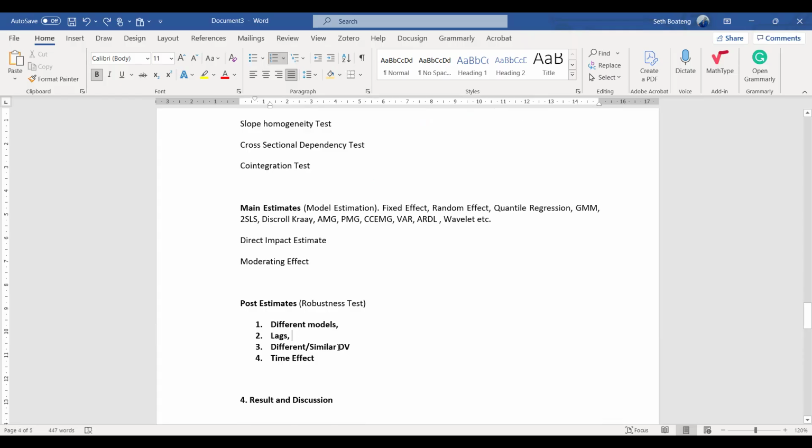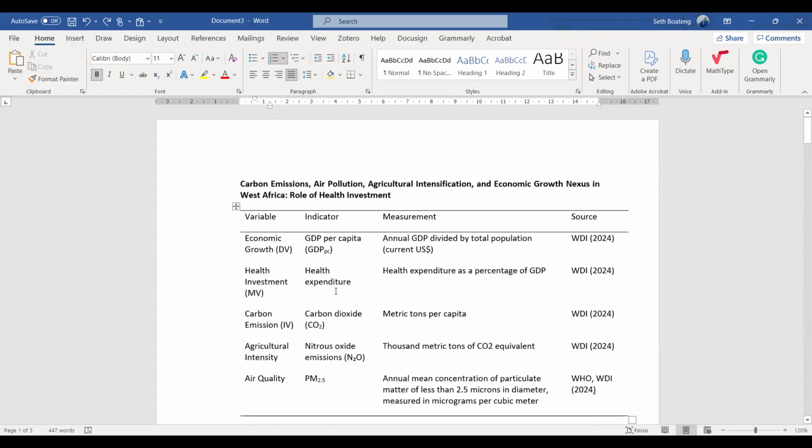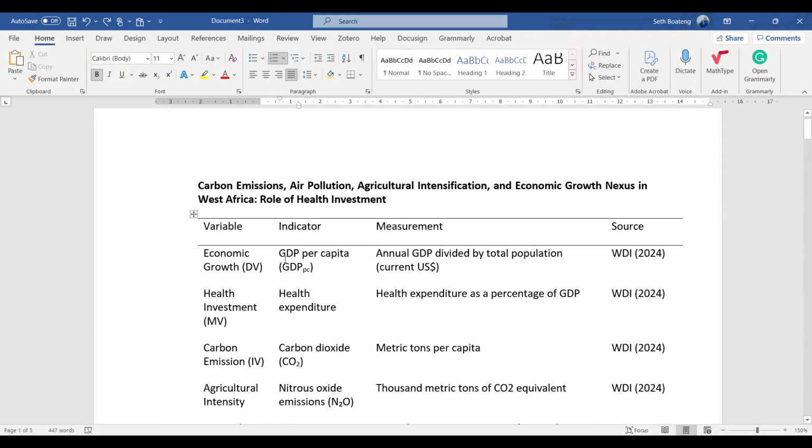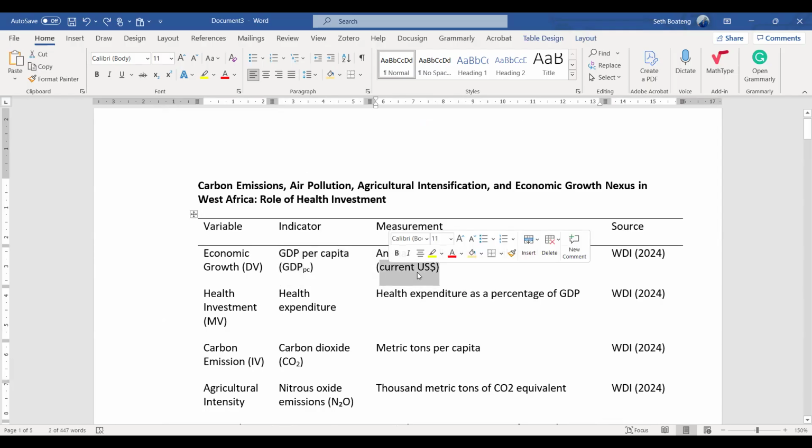Or you can use different or similar DV. So let's say the dependent variable we are using is GDP per capita. So you can use GDP growth. Or you see the GDP per capita, we have current US, we have local currency, which is LCU, we have constant US. So you can use the current US for your main estimate.